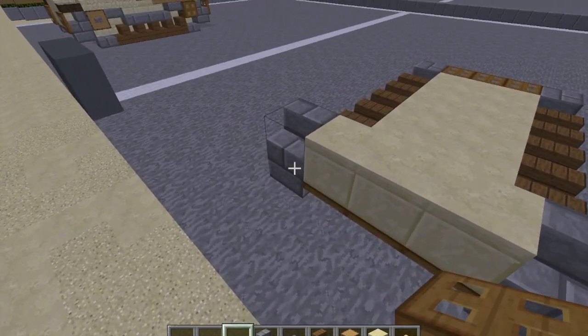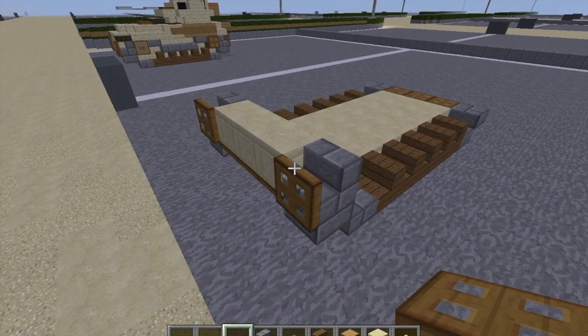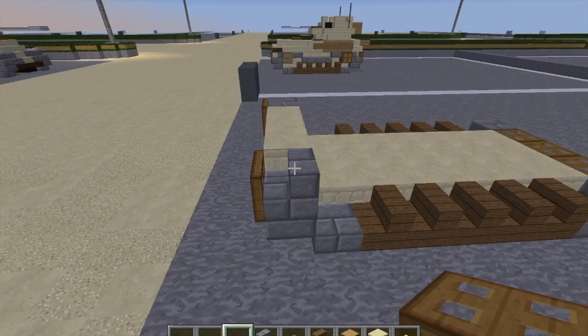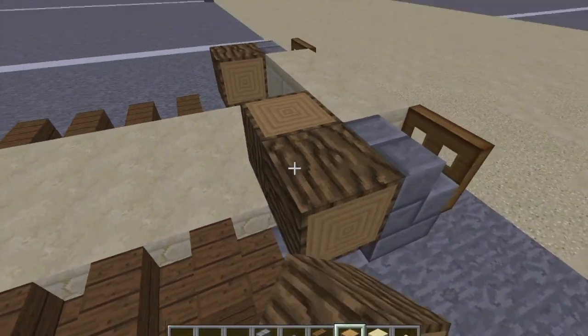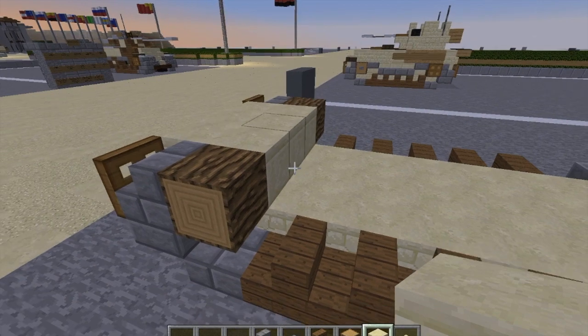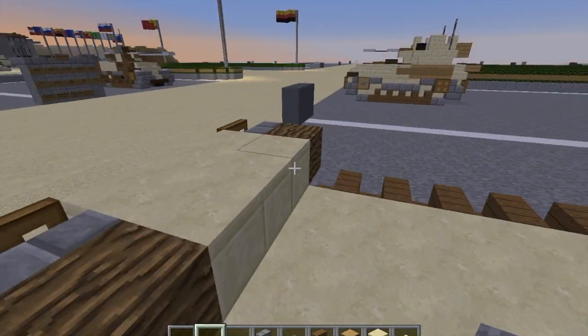On the front of the tracks, on the top, we're going to put a wooden trapdoor and close it to kind of make the front of the fenders. Behind the tracks, we're going to do a sideways facing oak wood log like this. And between the oak wood logs, just do 3 smooth sandstone. On the sides of the oak wood logs, do a stone button like that, and that'll be the front drive